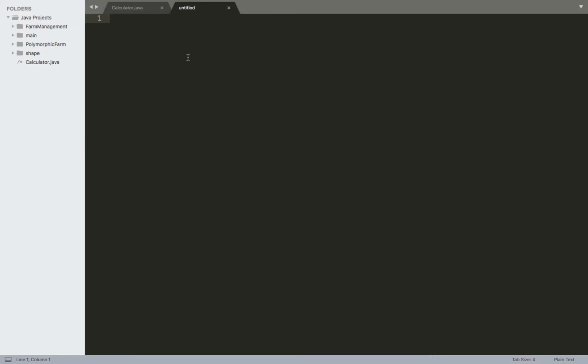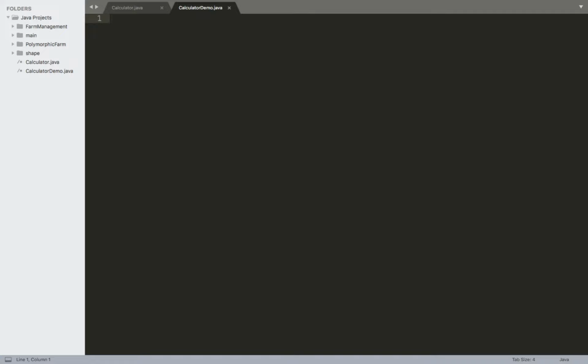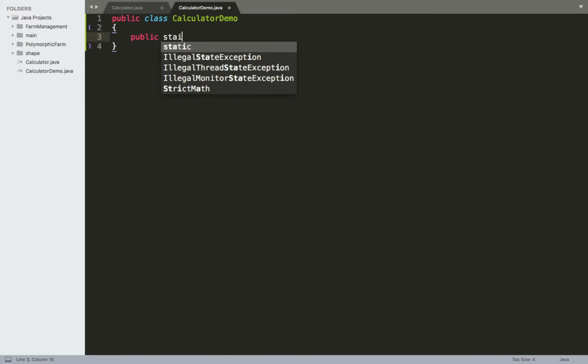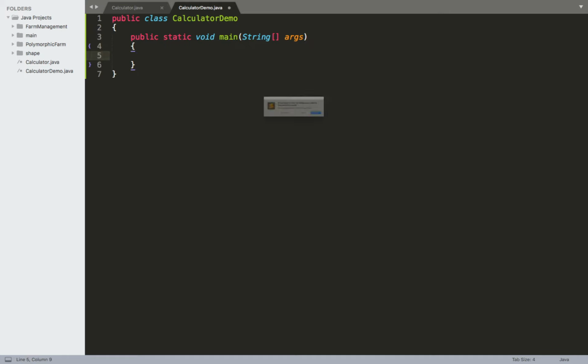So go ahead and create another file. I'm going to call this one calculator demo. We'll create our class header, public class calculator demo. We'll have our main method, so public static void main. And inside of here, I'm going to make a new reference variable for my calculator. So we'll have our calculator, we'll call it calc, and this is going to be equal to